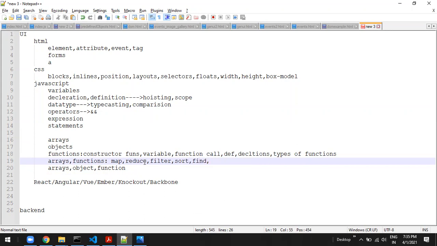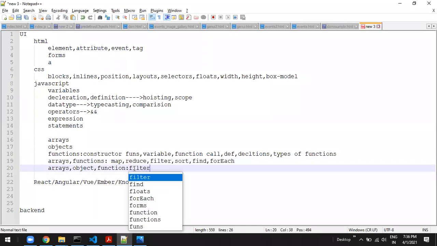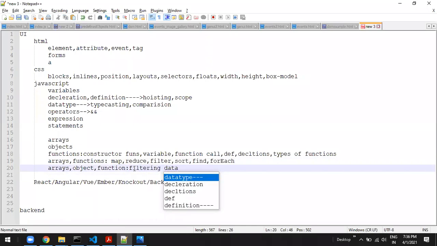These are the most important functions which are already there in arrays, and how you use and implement them on top of arrays. And then we use arrays, objects and functions for filtering the data, modification of the data, all these things.